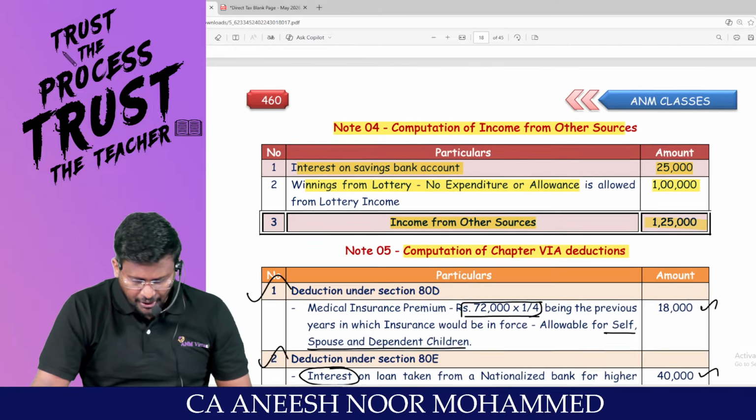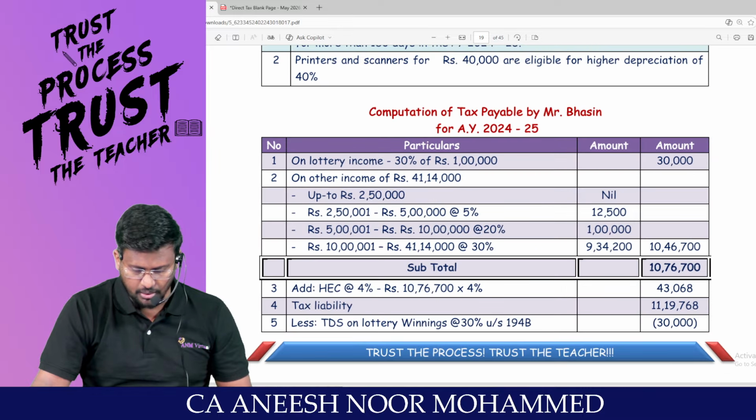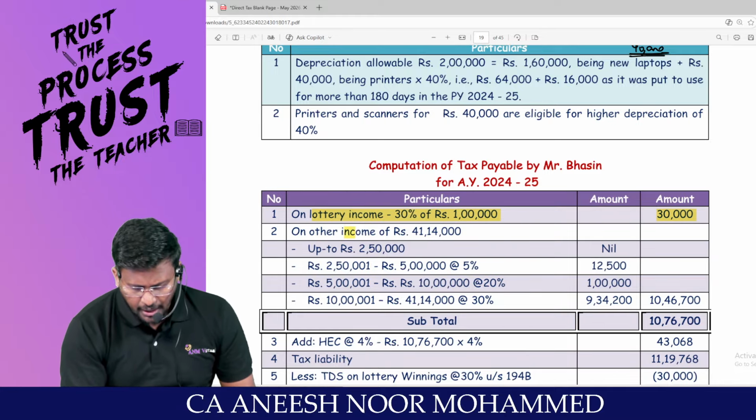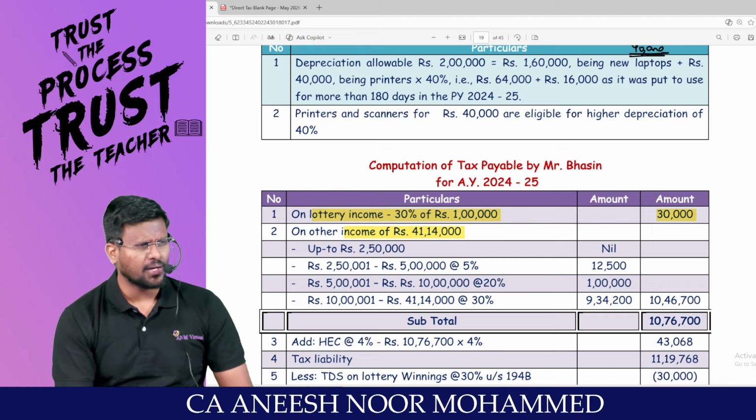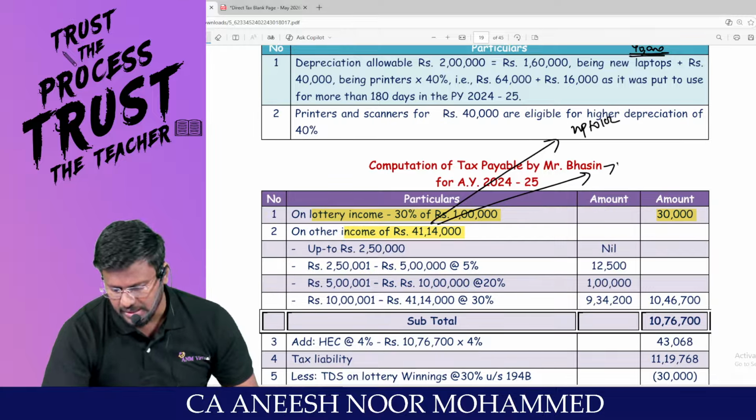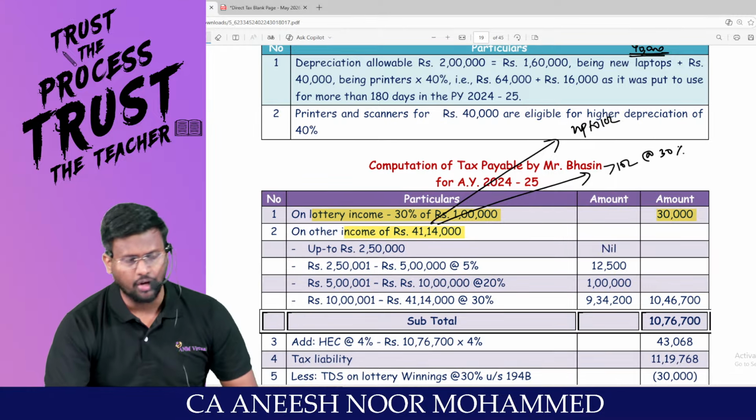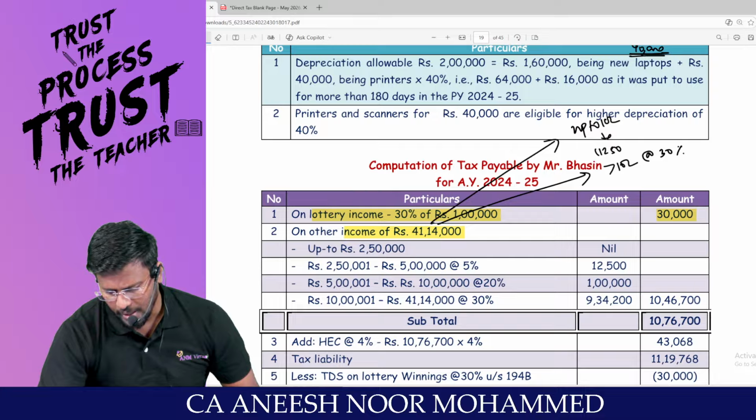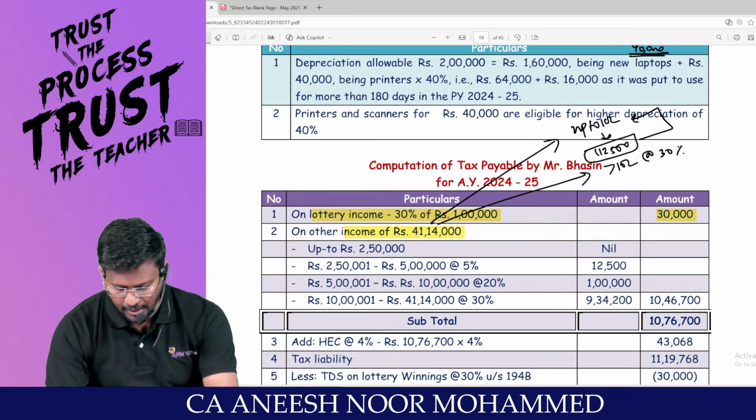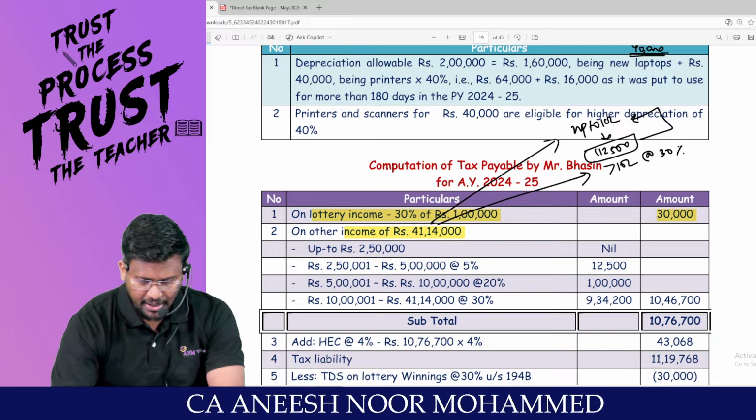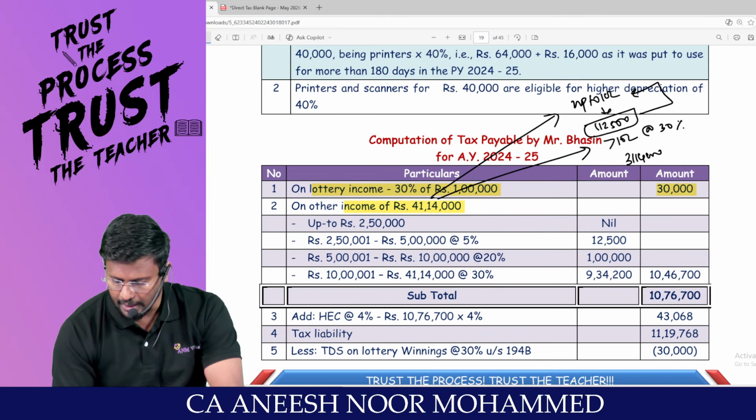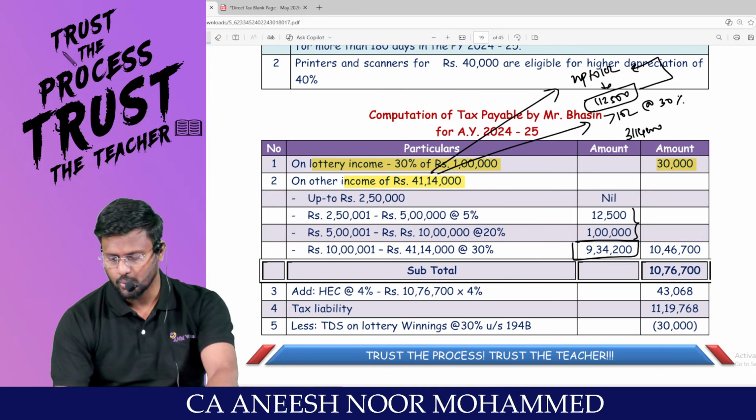42,14,000 should be classified into two categories, my dear lovable students. Number one, 1 lakh. On that 1 lakh, 30%. Am I right? Remaining 41,14,000 should be classified into two categories. Up to 10 lakhs, more than 10 lakhs. Since his age is normal, 1,12,500 rupees will be the tax payable up to 10 lakh. In excess of 10 lakh means 41,14,000 minus 10 lakhs comes to 31,14,000 into 30% comes to 9,34,200. This is 1,12,500. Total